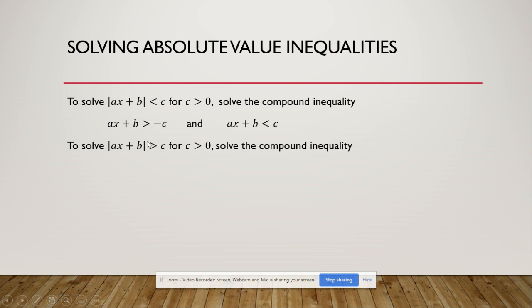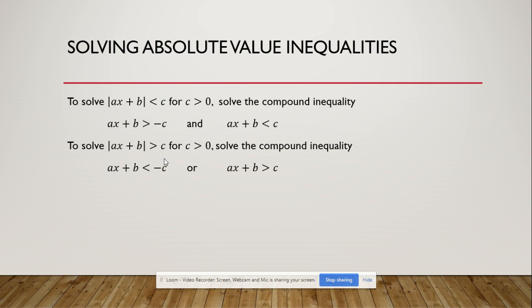In this next one, the big difference is this one is greater than C. So in order to create this compound inequality, we're going to combine it with "or," because we had a greater than symbol here. In the one on the right, notice it's written exactly the same, just no absolute value. One on the left, we took off the absolute value, we changed the inequality, and then we changed C to